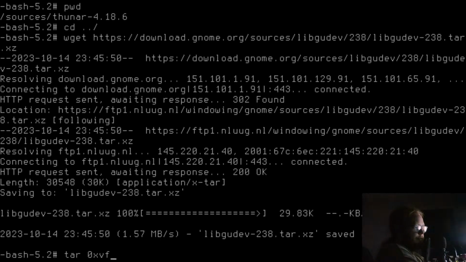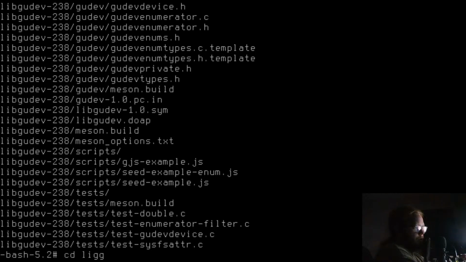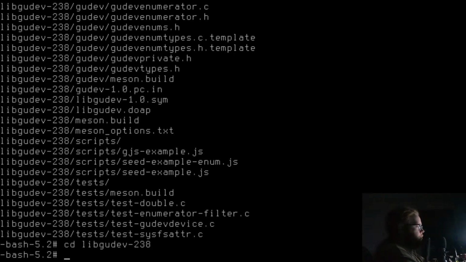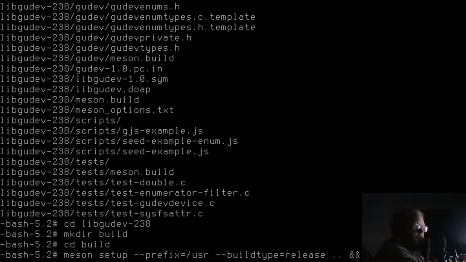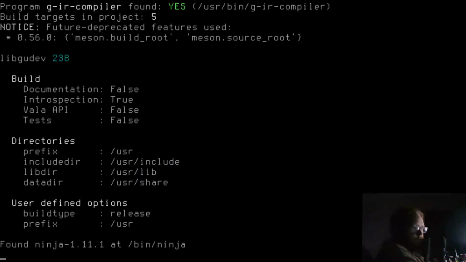tar -xvf libgudev, cd libgudev, mkdir build, cd build. meson setup --prefix=/usr --buildtype=release, and ninja.